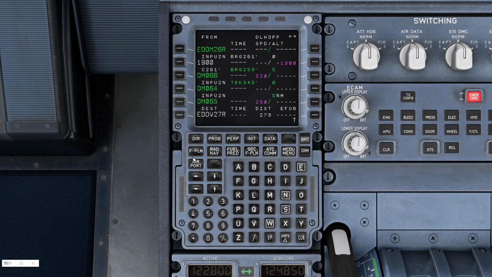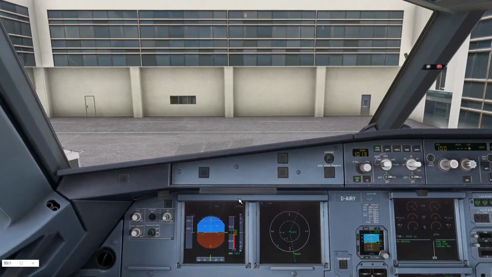Whenever we go back to the flight plan, we will see the beginning of the primary flight plan. But right now, on this condition, we are going to the end of the primary flight plan for planning the alternate aerodrome. We press the airport key on the MCDU and go down to check our